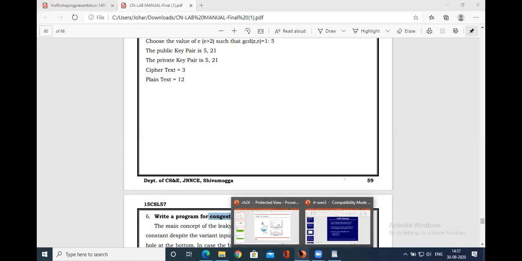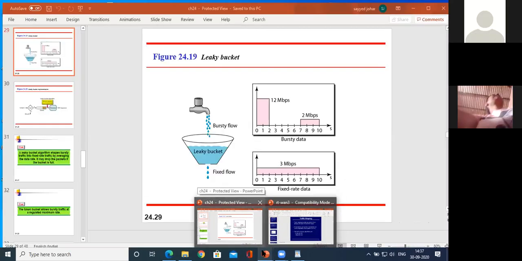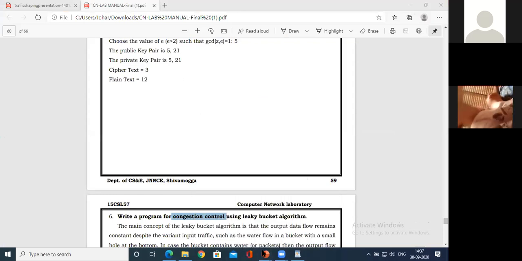So first try to understand what is a congestion control algorithm. So what is congestion in a network?